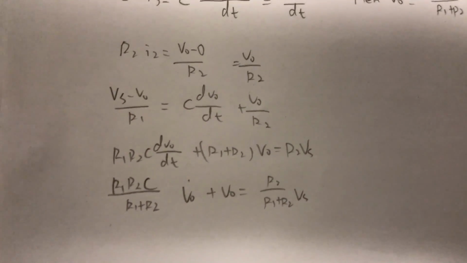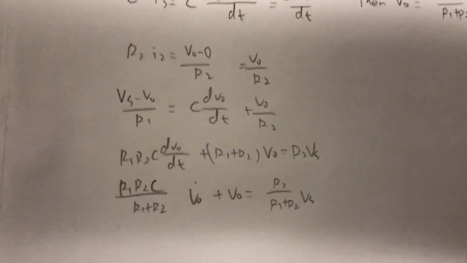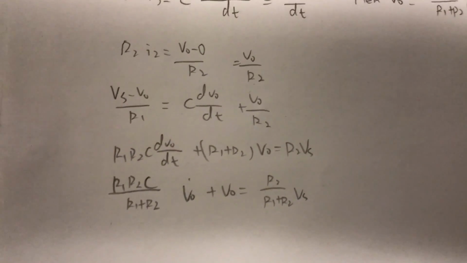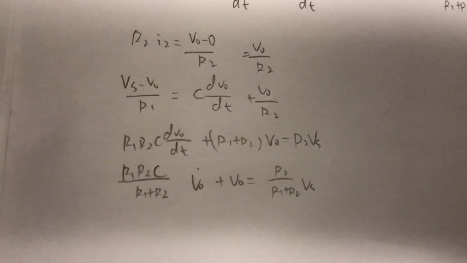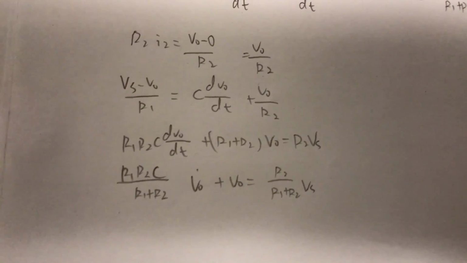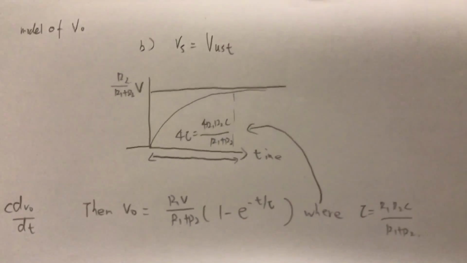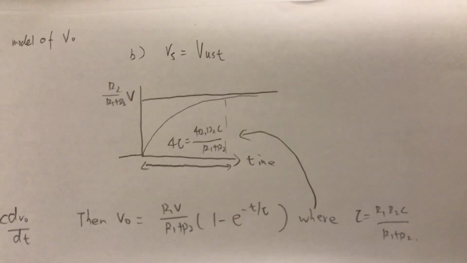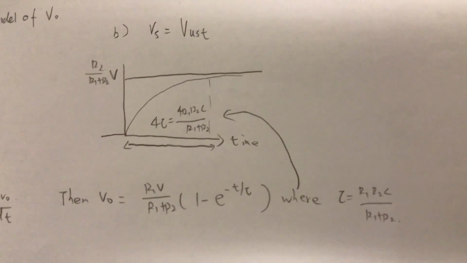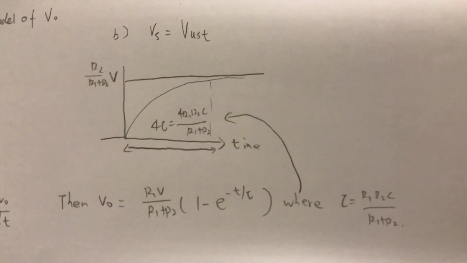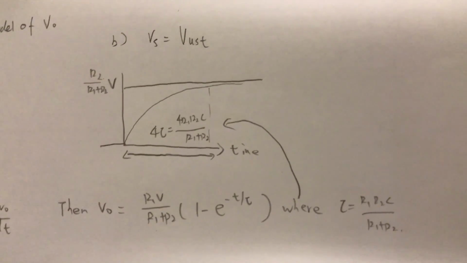For the next part, we solved the first part, getting the model of the voltage V0. In the second part, we solve for the expression for the free and forced response of V0(t). We use this graph, where Vs equals Vu(t), and we can get the graph shown here for tau equals R1 R2 C over R1 plus R2, and